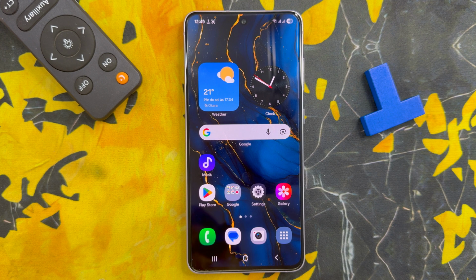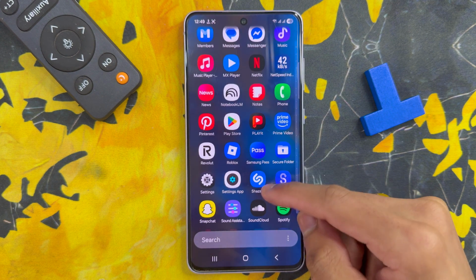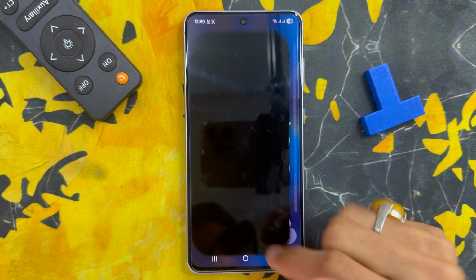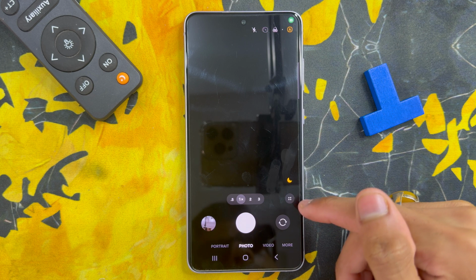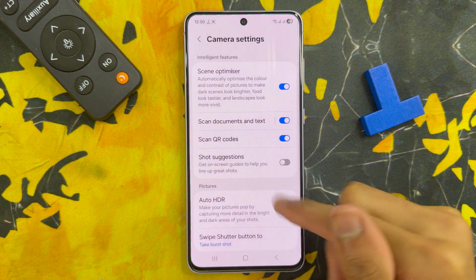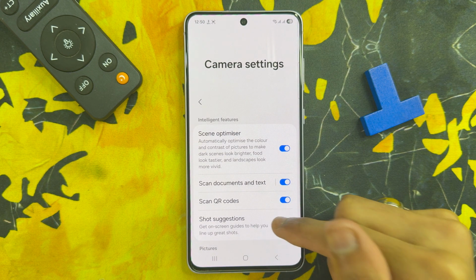Let's start the video. First of all, go to app library. Here click on camera app. After clicking on camera app, click on this four dot icon and click on settings icon. Now in camera settings, if you want to find camera settings, you will see